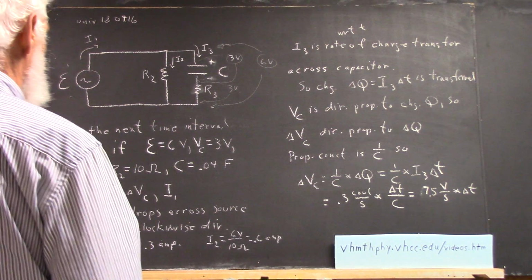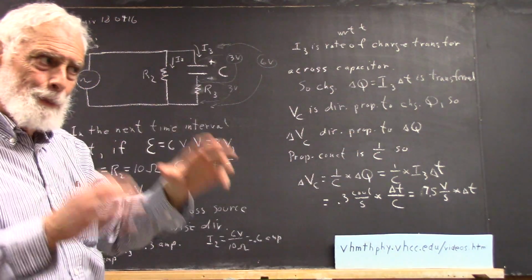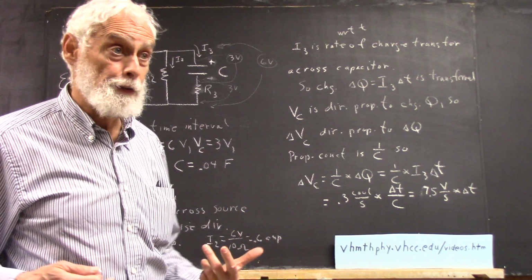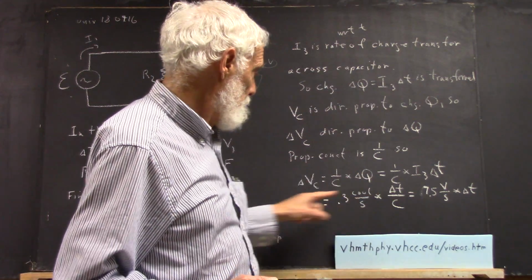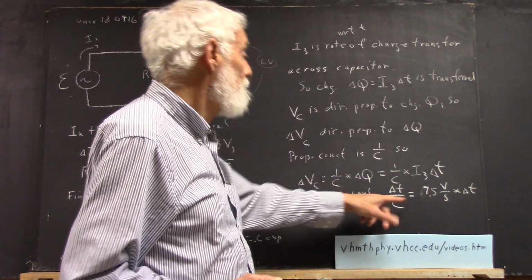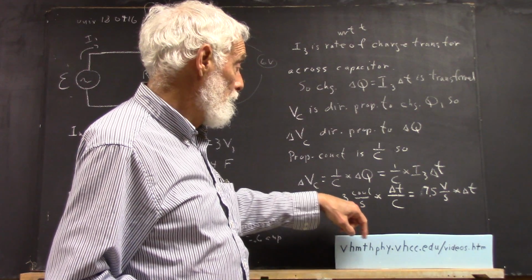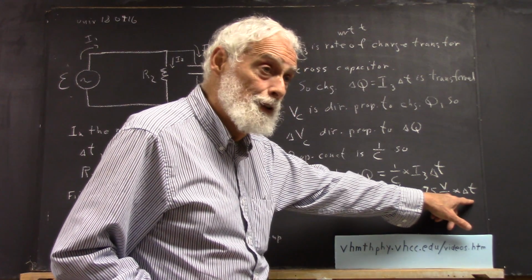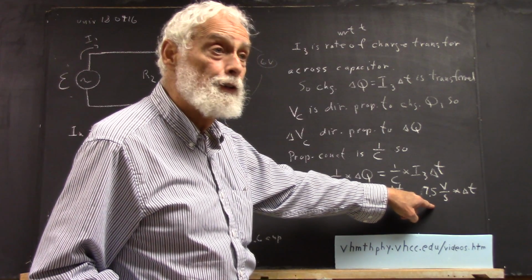Okay, so we've determined, if everything is done accurately here and with all the reasoning, that it comes down to the most fundamental level of what's going on here, which is that you're transferring charge across this capacitor. At the most fundamental level, we conclude that we can get the rate of change of the voltage, because if we do this calculation, okay, we get 7.5 volts per second times delta T,